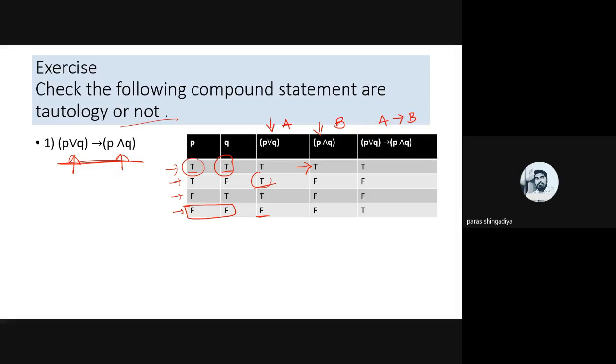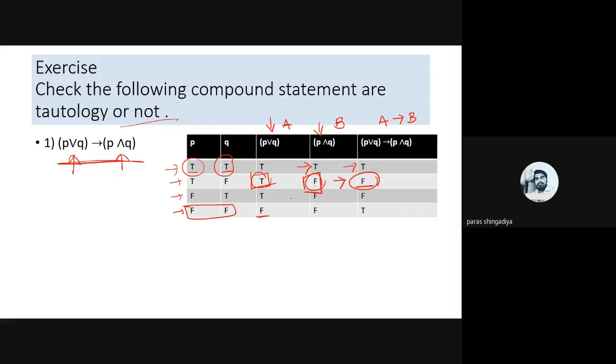If the first one is true and the second one is false, in this case it will become false here, okay, and in all the remaining cases it will be true. So here both are T, so it becomes a T here, okay, A conditional to B is a T. Second case, it is a T to F case, okay, the first statement is true here, the second one is false, so it will become false here, okay.